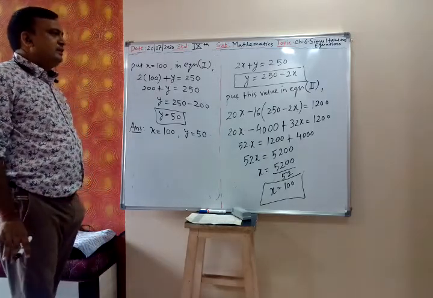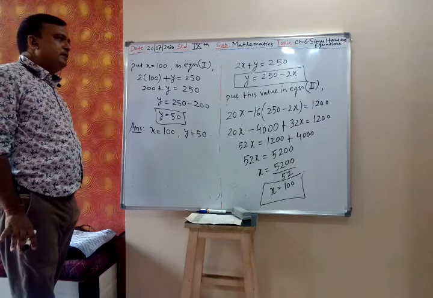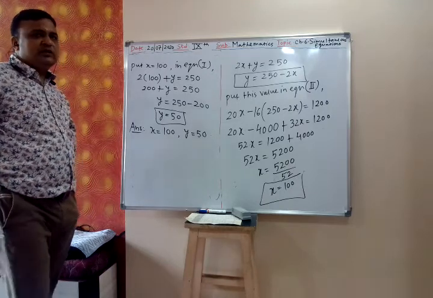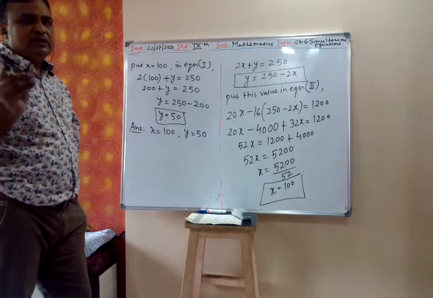This is elimination by substitution method. It means you are given two equations, and from equation 1, either